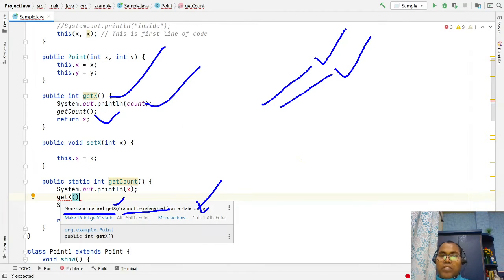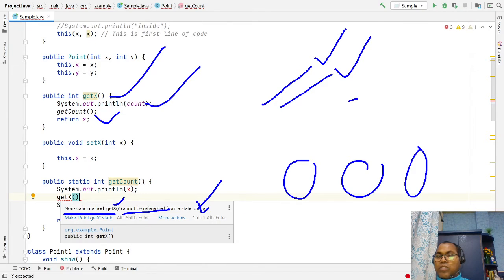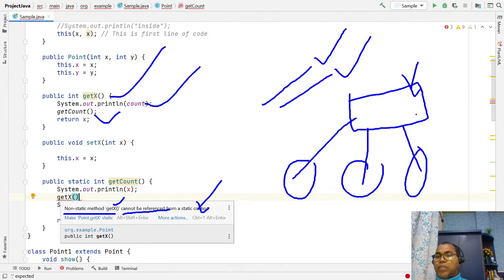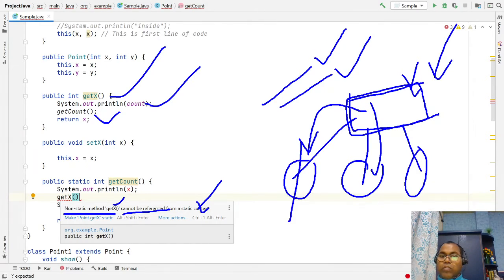because all the instances share your static data member. So an instance can access the static data member, which is the shared location of your class variable. A class method does not access the instance variable and instance method. The reason is that a class data member can be accessed from the class name itself. Maybe no objects are created. Then what happens?